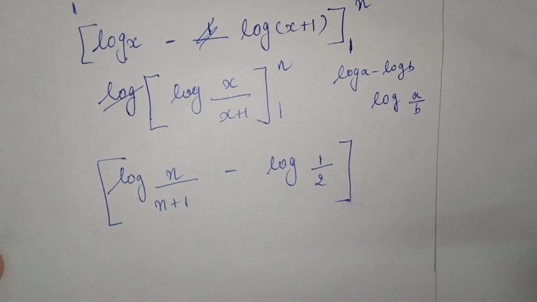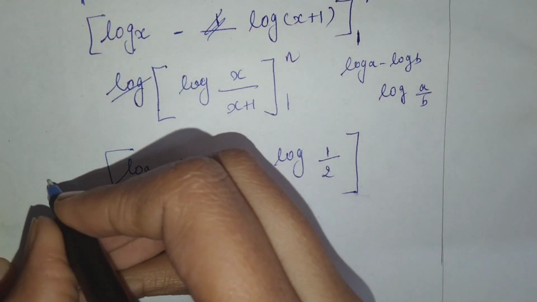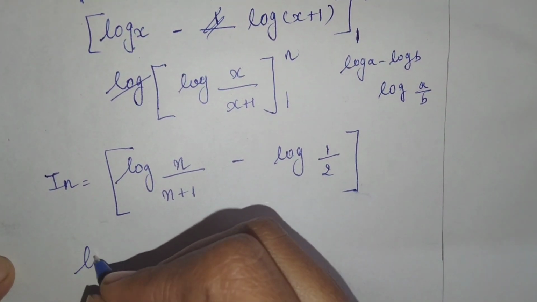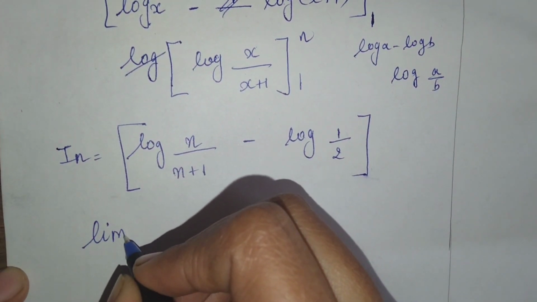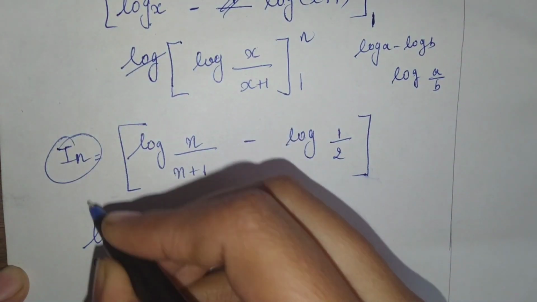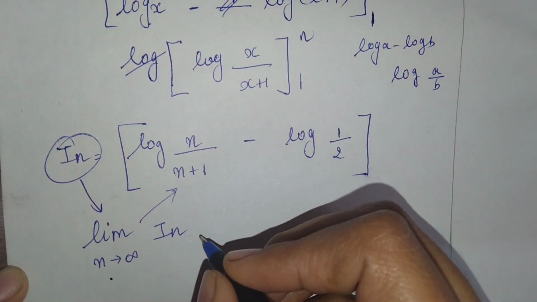Okay. Now what was the other condition? The condition was, this is our integral. And in the integral I told you that we have to put the limit n tends to infinity. After getting this integral, you have to put this limit n tends to infinity in this given integral. So we will get,